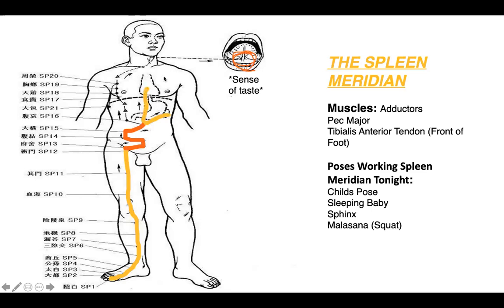which, like I said earlier, produces phlegm for the lungs. And the last branch goes all the way up to the back of the tongue. Underneath the tongue is another spleen point. That's its line. You can trace it starting down through pec major, through a big muscle, into your body somewhere, and then down the center inside of your leg into the toe. We'll be working into our spleen meridian today to harness this earthy